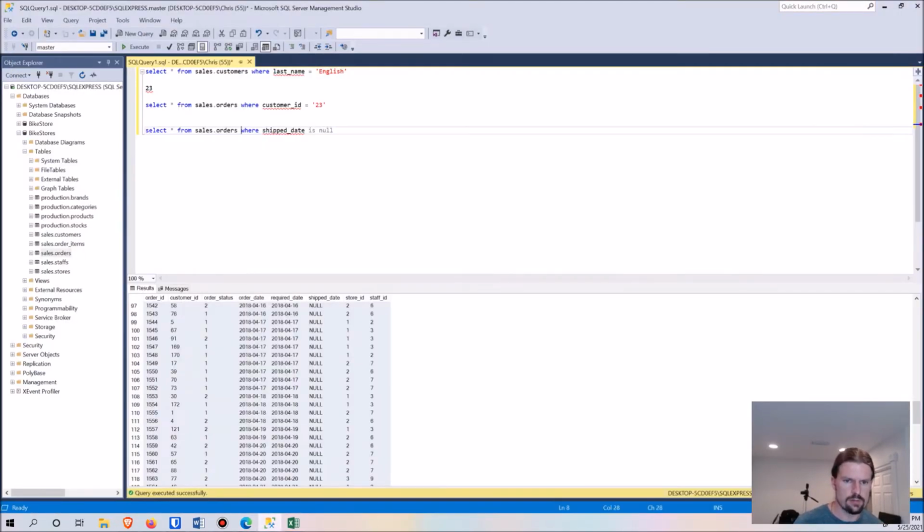So let's take another look at, okay, we have actually, yeah, let's do this. Select all from sales.orders. And then here we're going to have to join it to another table. So let's say inner join sales.staffs on